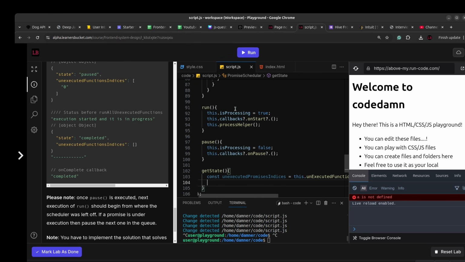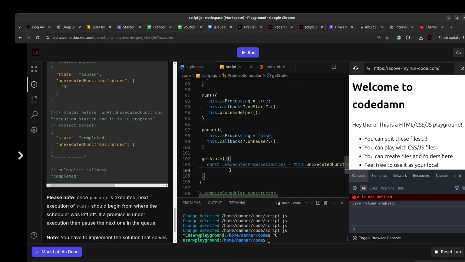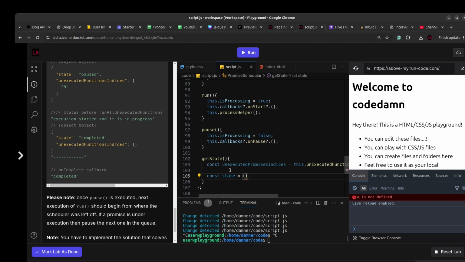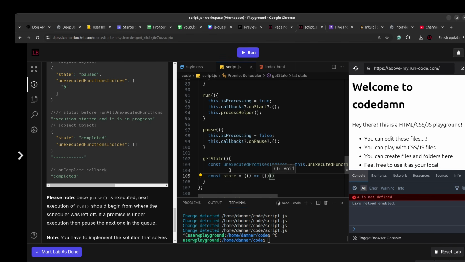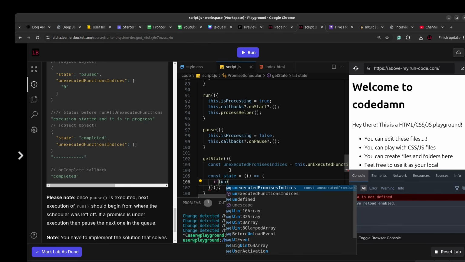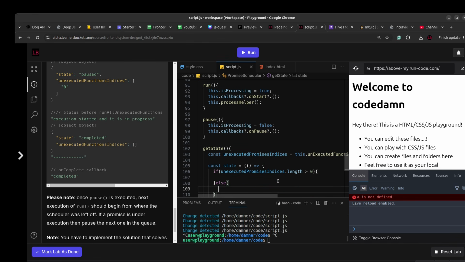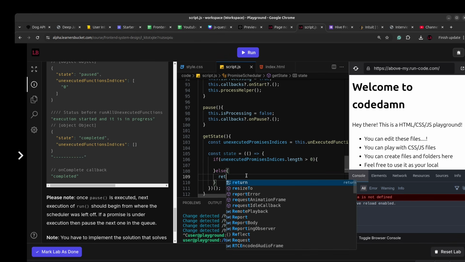This will return us the array of unexecuted promises, and then let's get the state. I'm going to use a self-invoked function over here just to encapsulate the logic. In here, I'll check if unexecuted promises indices dot length is greater than 0, which means not all the promises are completed, and else if all the promises are completed, then we'll return